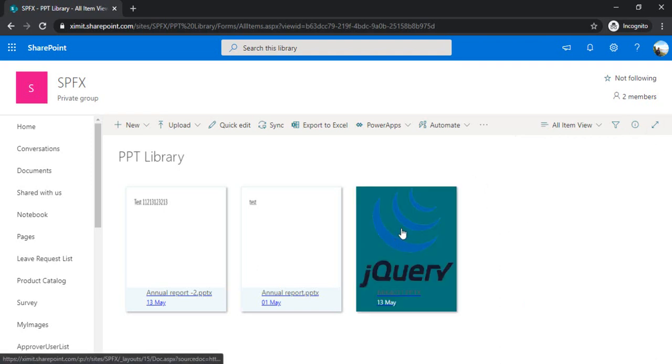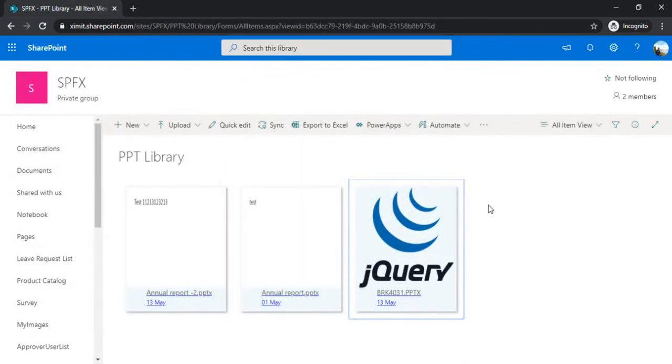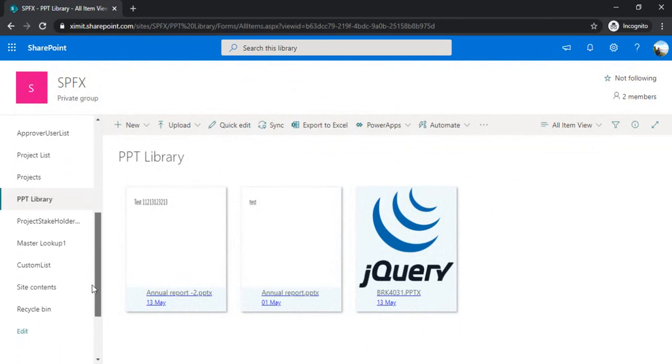If I'm clicking on this, it's opening my file within the browser so that the user can keep working there. So this is all about the row formatter. You can also have the same sort of formatting for specific columns. So quickly I can walk you through that as well.